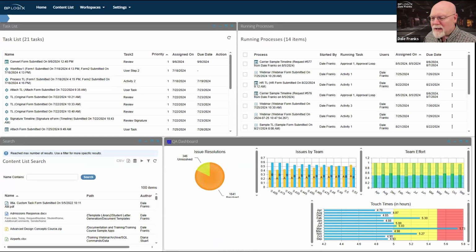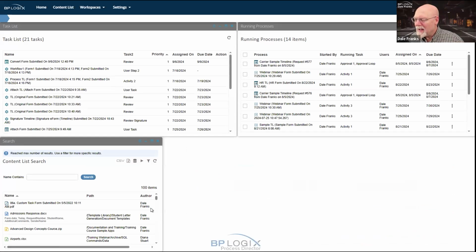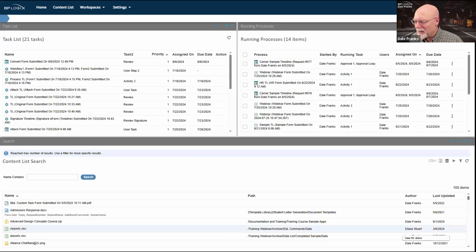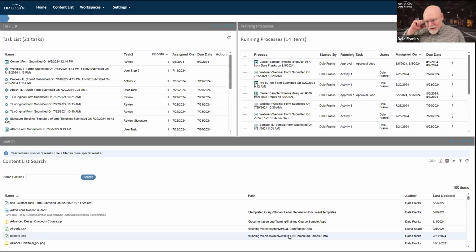Okay, so this is how the workspace looks for the user profile. Well, it's supposed to look like this. I have saved my workspace with a different look, but this is how it's supposed to look. So the first time an end user opens up the workspace, this is what they'll see. The advantage to this particular style of workspace, the desktop interface for this workspace, is that it does allow me as an end user to customize my workspace settings a little bit.